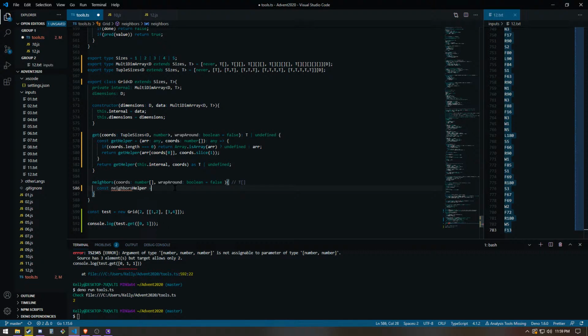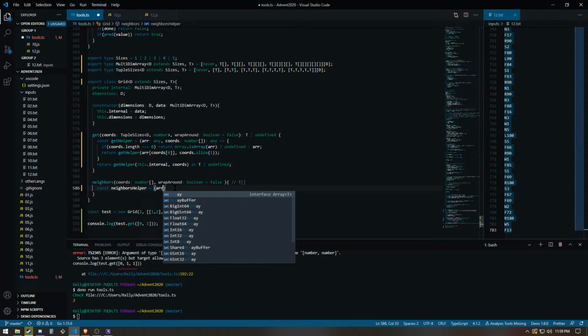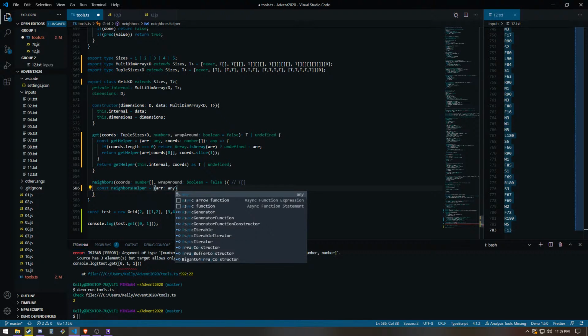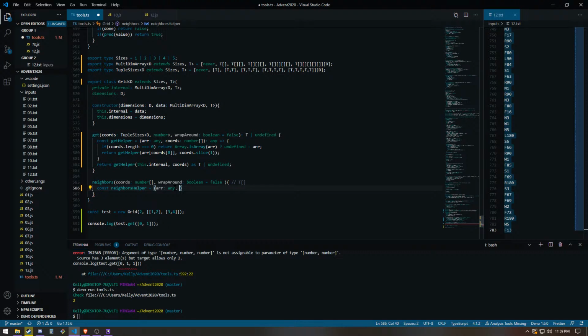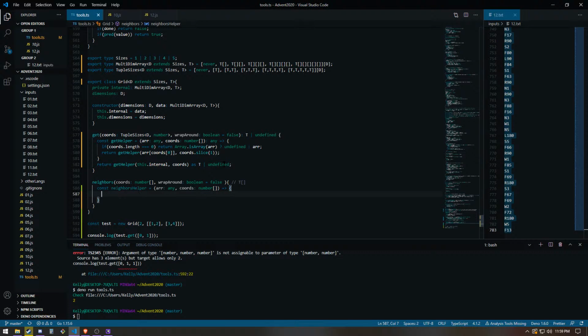Neighbors helper equals, so this is an extremely similar definition to this, I think. If chord's length is 0, well, yeah,